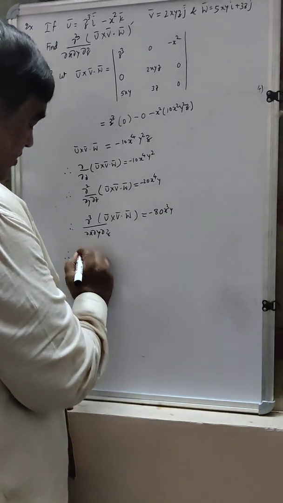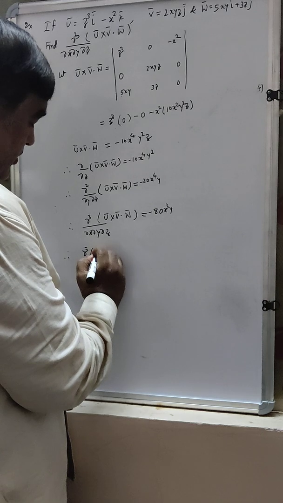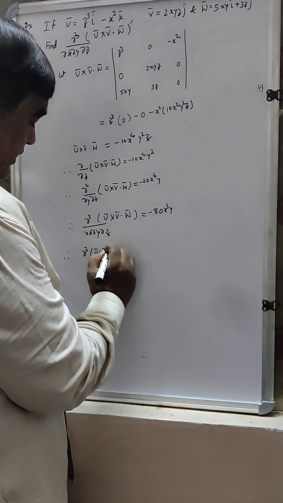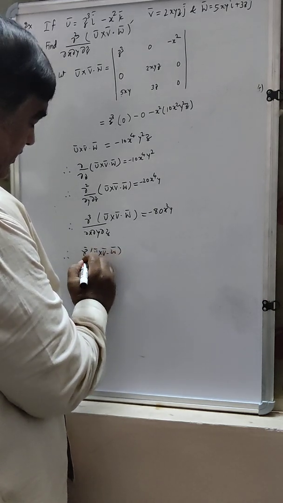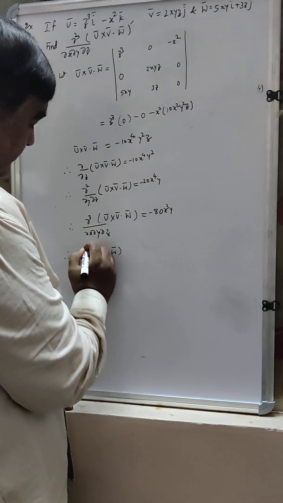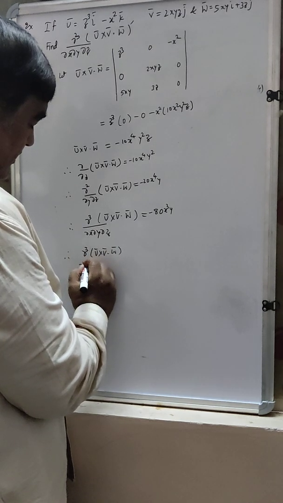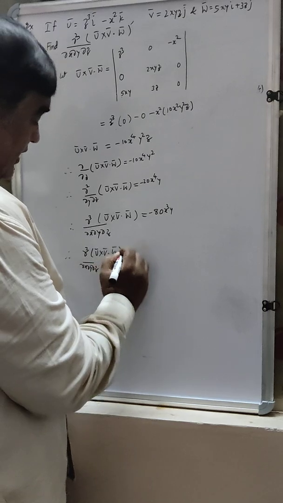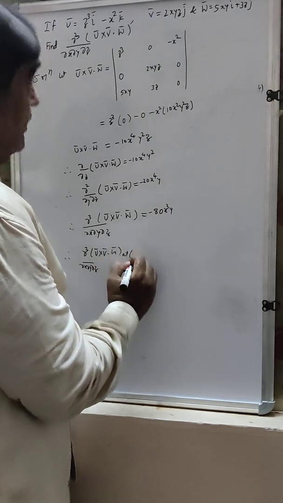Therefore, ∂³ of u vector cross v vector dot w vector upon ∂x ∂y ∂z at point